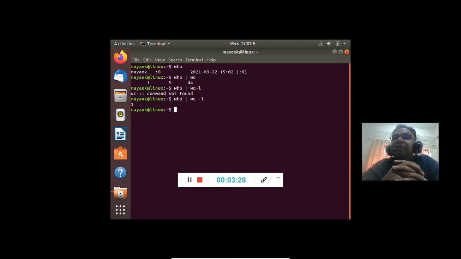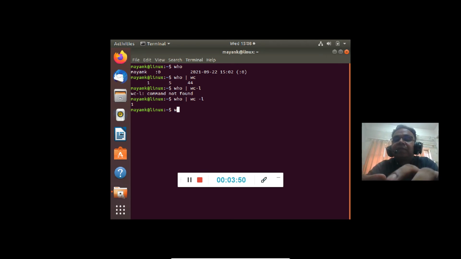Similarly, there is another redirection operator, which is the greater than symbol. The difference between a pipe and the redirection operator is that pipe is used to give an input to a command, whereas the redirection symbol is used to send the output to a file.